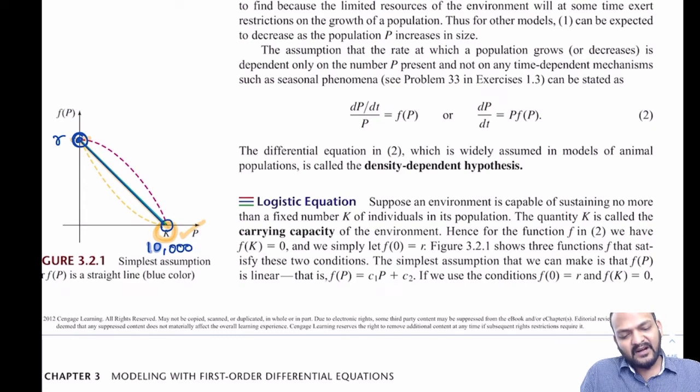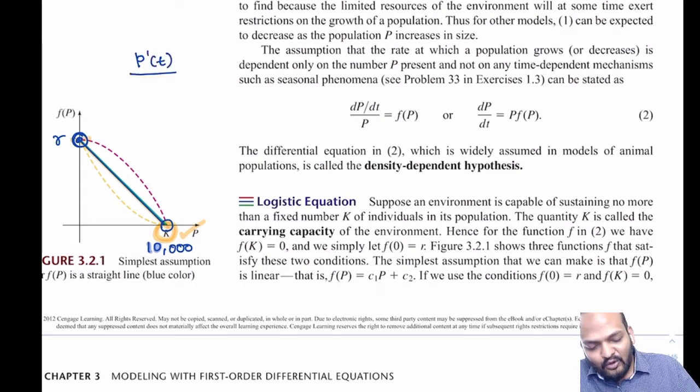So as I said, this is a per capita growth rate. So per capita growth rate is the growth divided by the number of population, correct? You would agree with me that it's going to be the growth, that's the P prime of t, P being the population, divided by the total amount of population, right? We are saying that is equal to this particular function, the f of P,